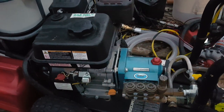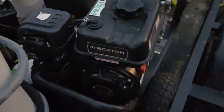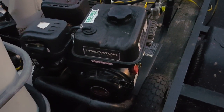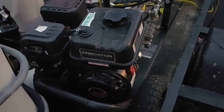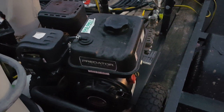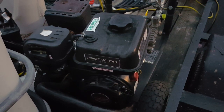And this engine, you can get on sale for $99, and I just don't think you can beat it. It's a clone of a Honda engine, and so far, from what I can tell and the research that I did, these things are almost as bulletproof, if not as bulletproof, as a Honda engine. Now, you do have to maintain it like anything else. You do need to change the oil,